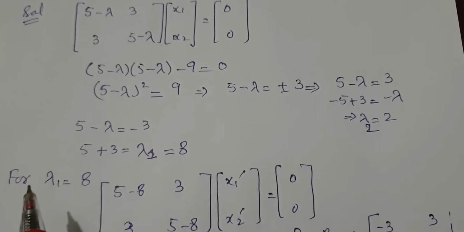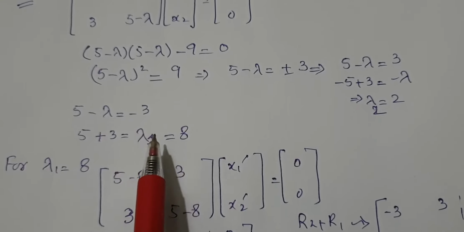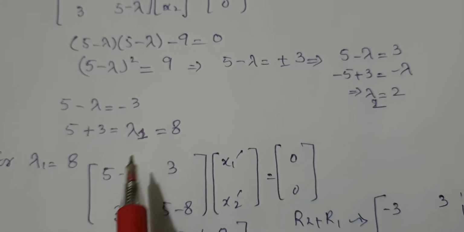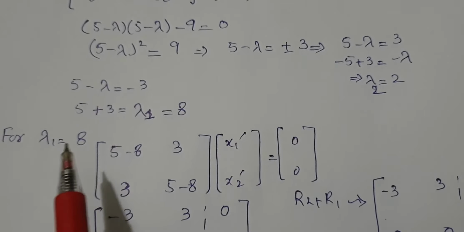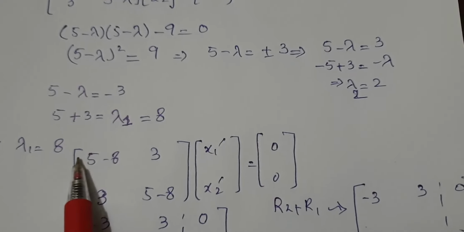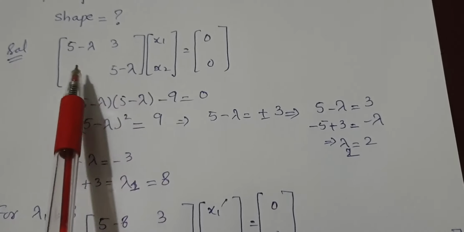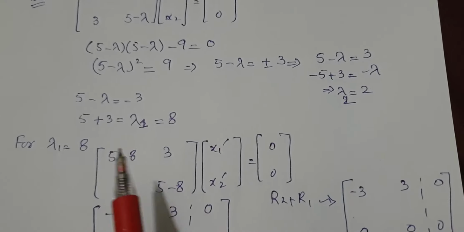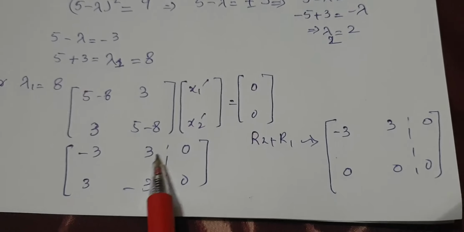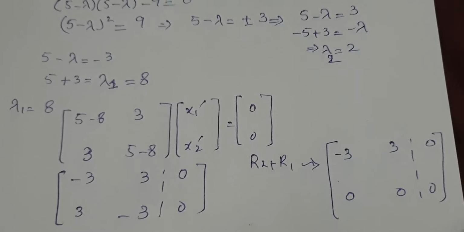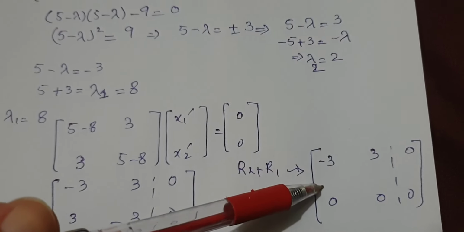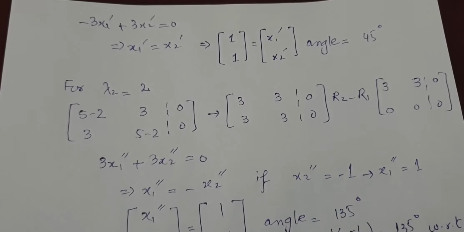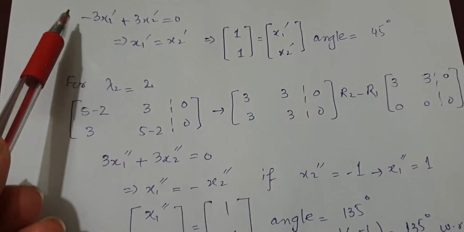Now the next step is to determine the direction of change. For determining the direction of change, I have to determine the eigenvectors corresponding to these two eigenvalues. For lambda 1 is equal to 8, I substituted the value of 8 in the previous matrix and then solved it for the eigenvector corresponding to it. I applied simply Gauss elimination. From here I have obtained this form of the matrix. Alright, for finding the values of x1 and x2, I have performed the back substitution.